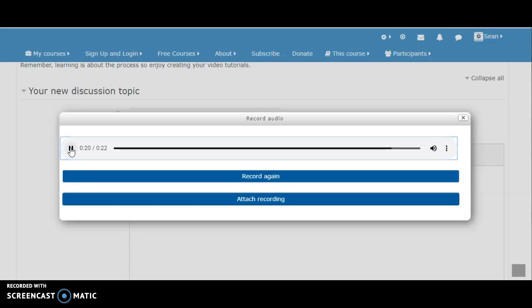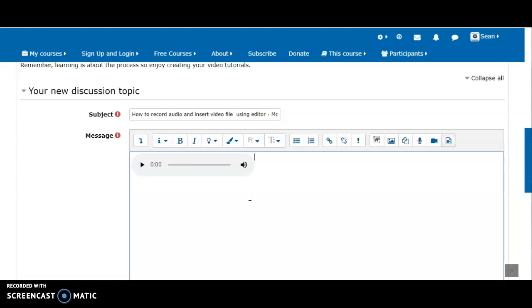If I'm satisfied, click on stop. So it gave me a preview. If I'm satisfied, I will click attach recording. If not, I can record again. I have to wait for 100% completed. Beautiful. So my audio is inserted,